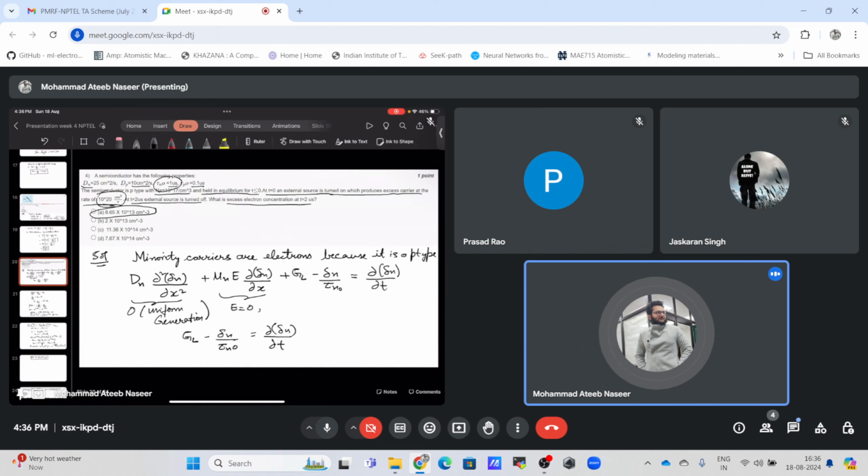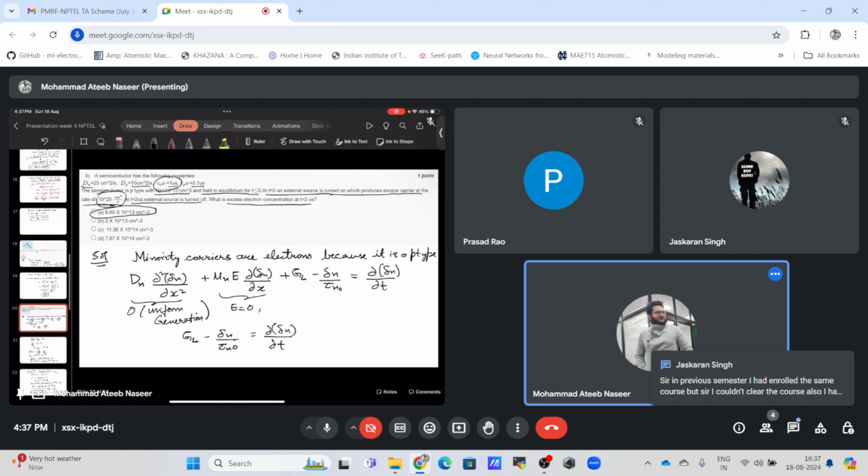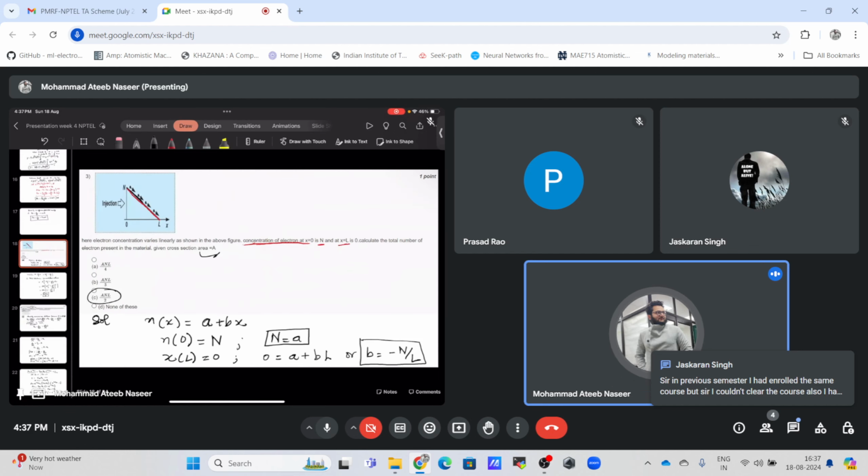We just used the continuity equation and found out how the generation and recombination rates govern this process and help us find how the excess carrier concentration changes with time. And we found at time t equal to 2 microseconds, when we just turned off the source, the concentration of excess electrons. Similarly, for this problem, what we found out was the total electrons which are present in the